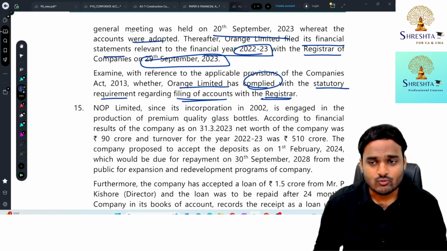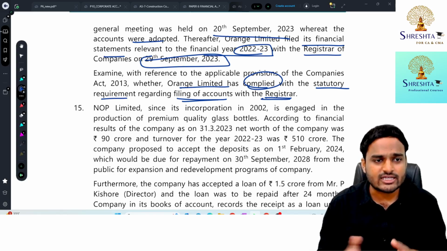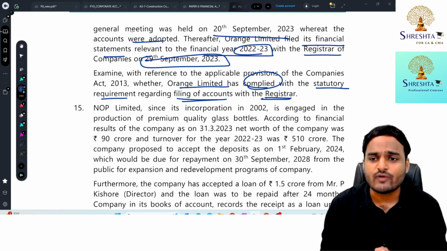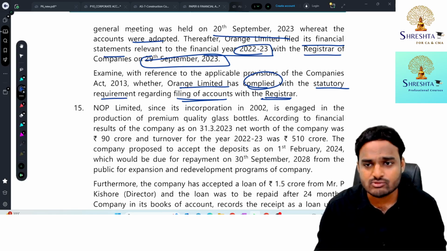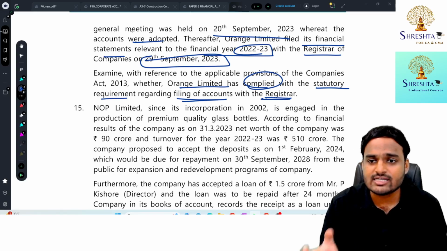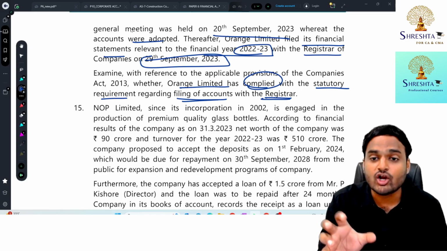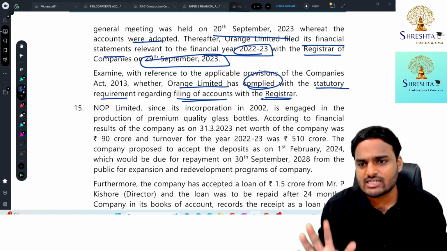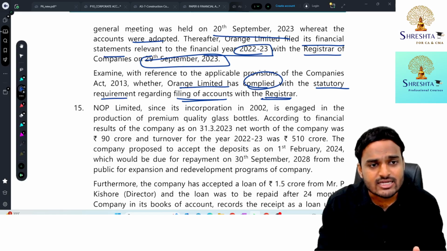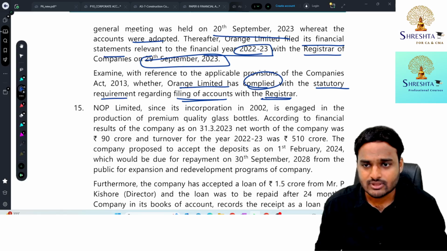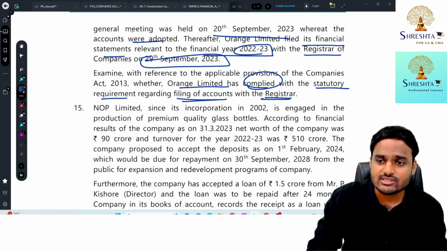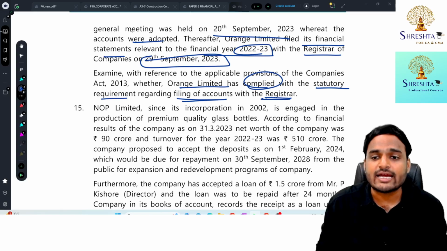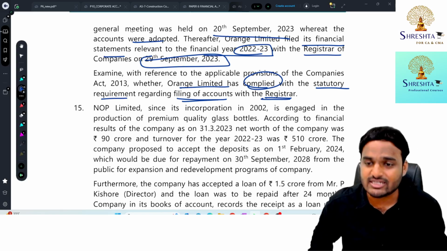So the answer. What provision is telling? In case of the original AGM, if financial statements were not adopted, then within 30 days, the company has to file them as unadopted financial statements with ROC. ROC shall consider them on a provisional basis. Once financial statements got adopted in the adjourned AGM, once again the company has to file the same financial statements with ROC. This time those financial statements shall be categorized as adopted financial statements.